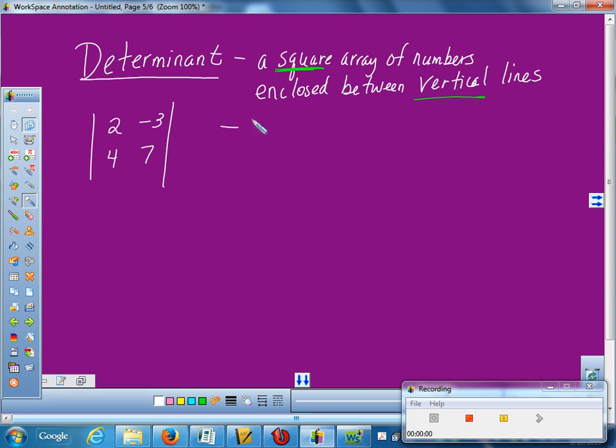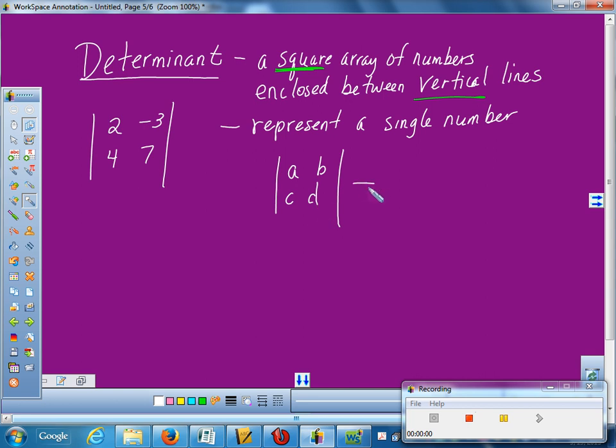So determinants represent a single number. We're going to work that baby down into something. And it's actually really easy to do. I'm going to write you the formula first and then we'll work it. If you have a determinant with A, B, C, D in it,